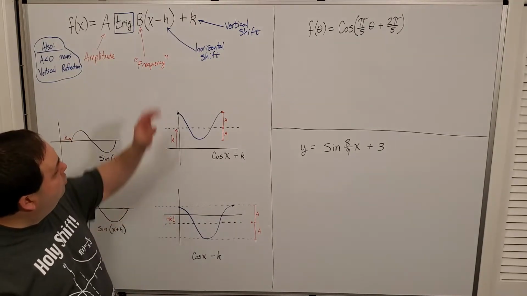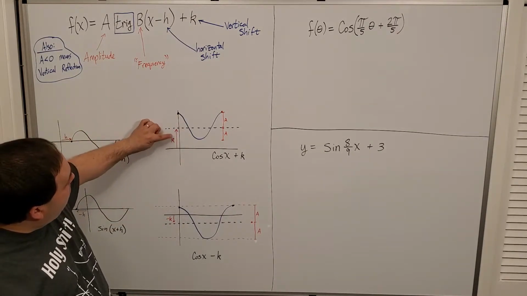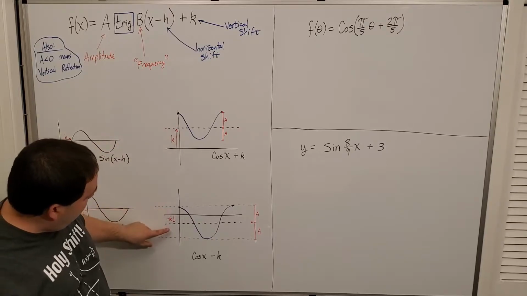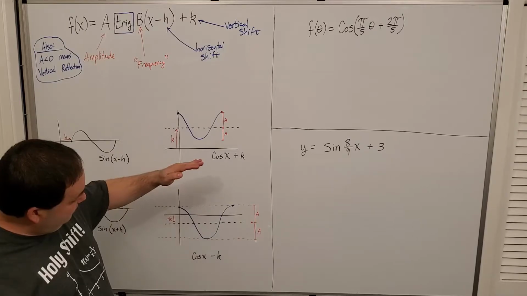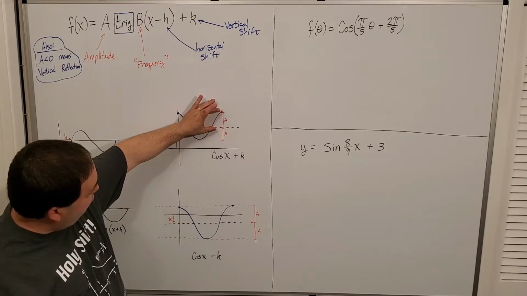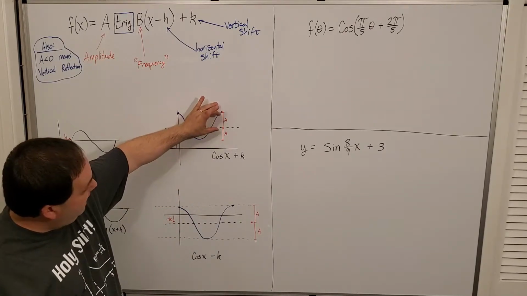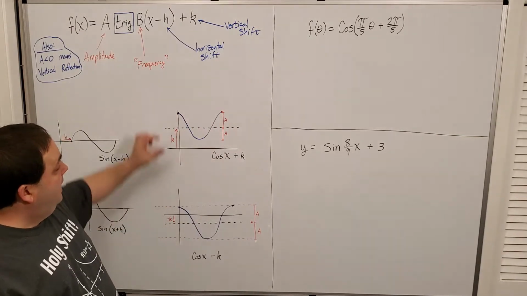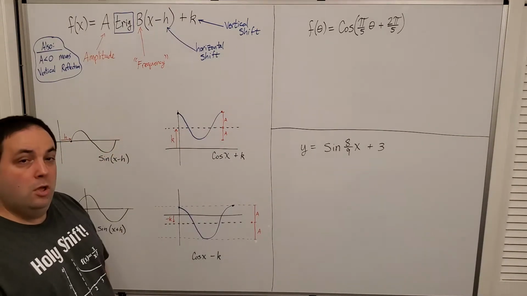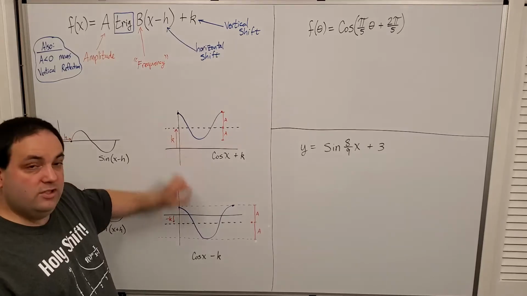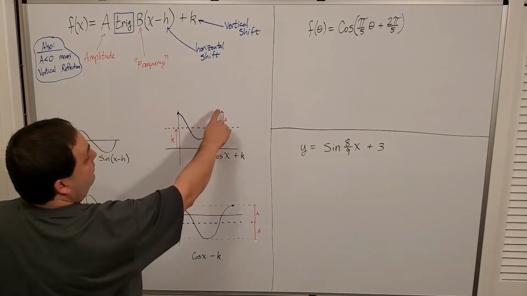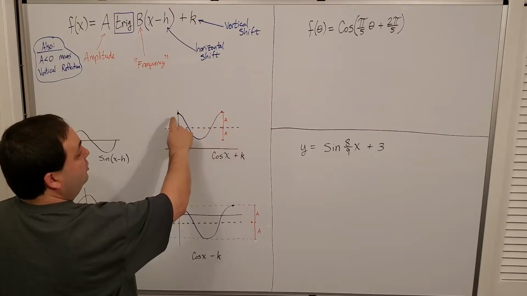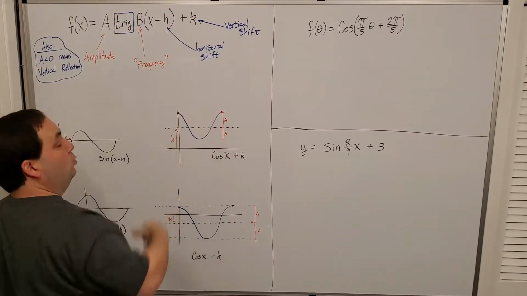If you have a vertical shift, then it simply moves the center line up or the center line down. You still have to treat it like the center. Notice the amplitude is measured from that new center line. It should have as much above and below as it would have if it was still on the axis. And sometimes your amplitude is smaller than the shift, in which case you'll have it all in one area